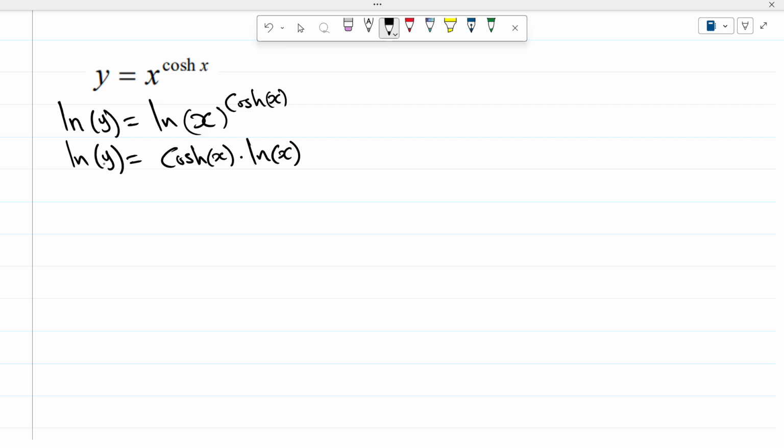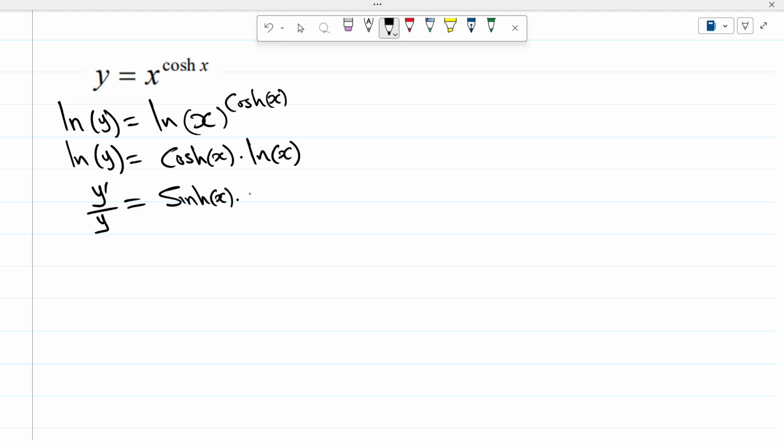But then another thing is that we need to use implicit differentiation here, because if we don't, it's going to take us back. So for the sake of not going back, we should just differentiate it implicitly. So this is just going to be y prime upon y, which equals the derivative of hyperbolic cosh, which is going to be hyperbolic sine